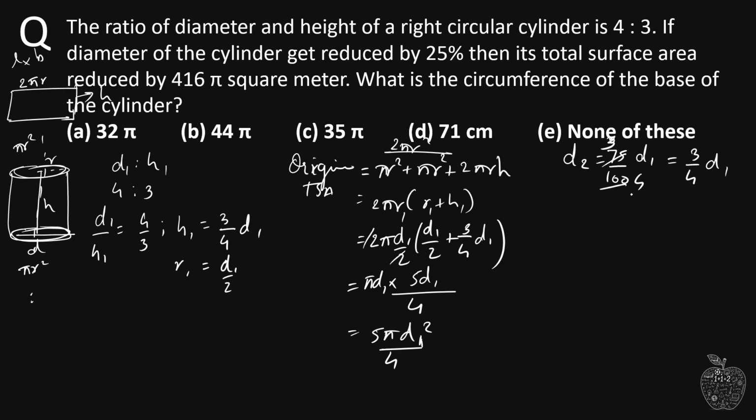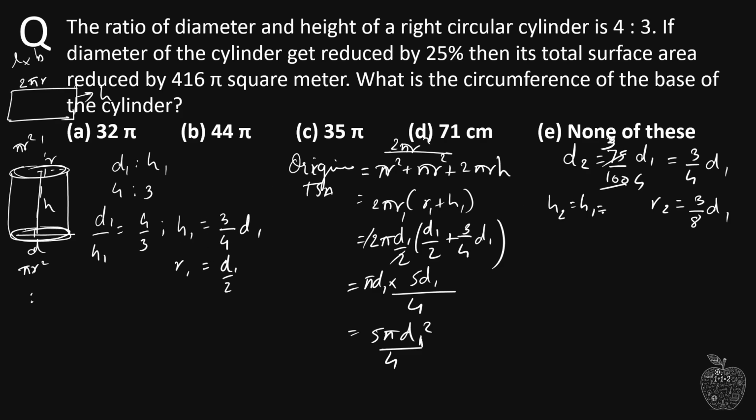And again, what will r2 here be? It will be d2 by 2, half of d2, right? Half of d2. d2 is 3/4 d1, so this equals 3/8. Okay, so r2 here is 3/8 d1. All right, and there is no change in the height, so we'll write h2 is equal to h1, which is